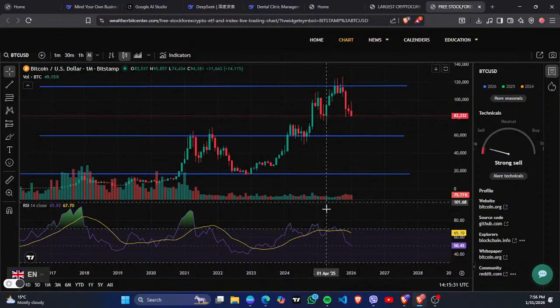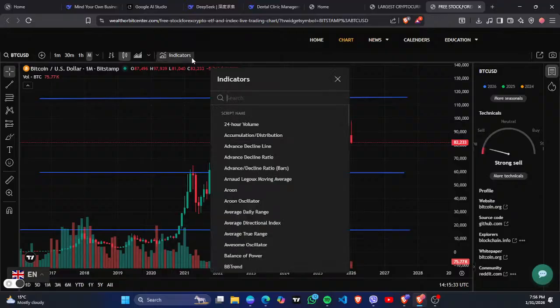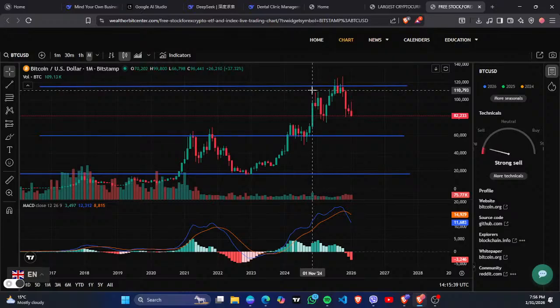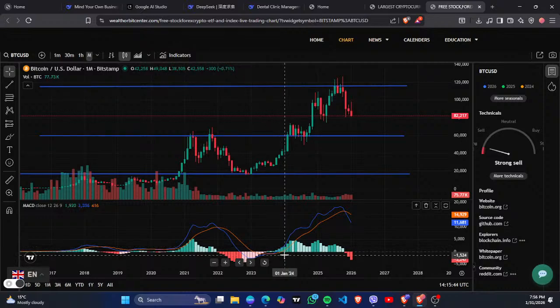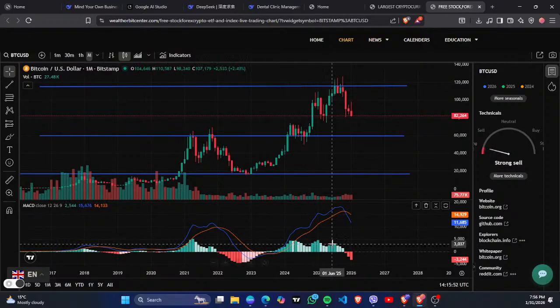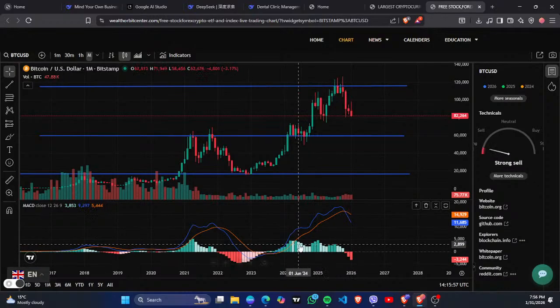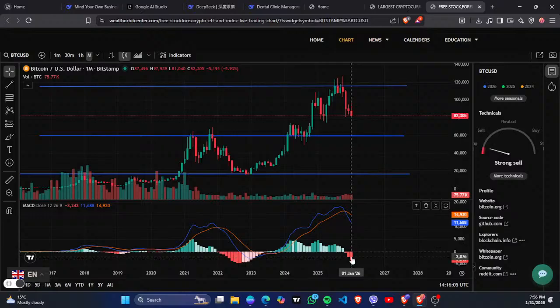So consider RSI. And when you use the MACD, moving average convergence and divergence, this line has only one phase. When it falls below the MACD histogram line, and this green line indicates momentum, and this line also indicates momentum. This one is a high momentum where most of the people bought, but on this people sold, and this indicates the volatility.